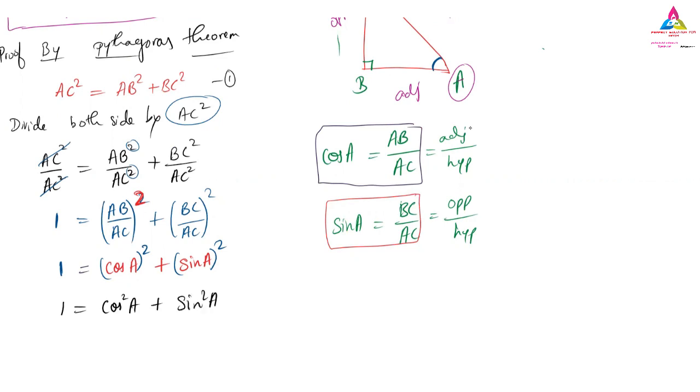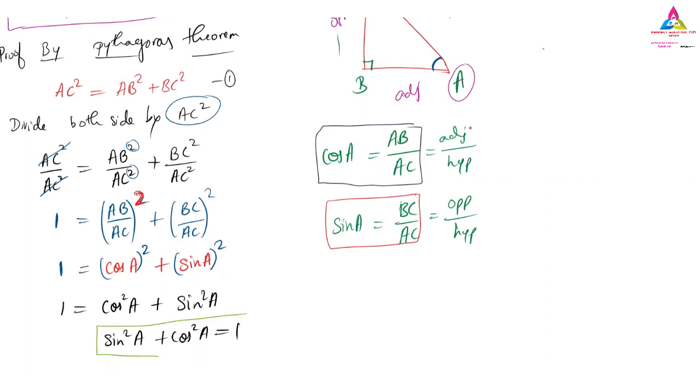So inside, I will write down the sin square A first, then I will write down cos square A, and this 1 I can write it here also, or I can write down is equals to 1 also. Both of them will not make any difference for me. So this is our first identity, how we got it.